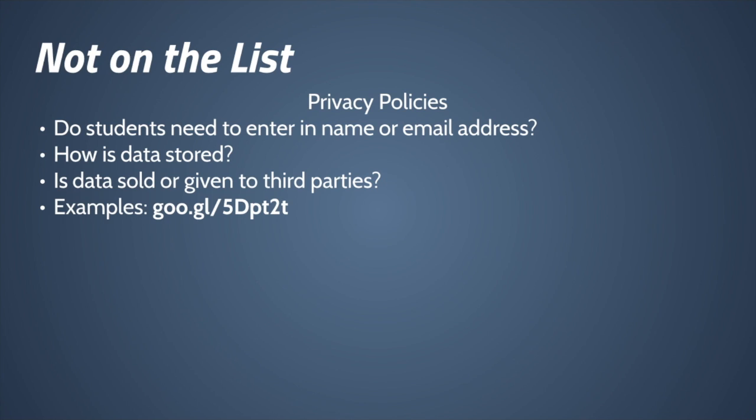Once you have read the privacy policy and identified that it does collect data but stores and protects it, there are two options for using it in class with your students. Option 1 is to send out a parent permission slip. This can be done for each individual tool or as one permission that states several tools you plan to use. Make sure to include the tool, how it will be used, and which pieces of information students will be required to use when signing up. Parents must be given the option to opt out. The link on the screen will provide you with a template if this is a route you would like to take.